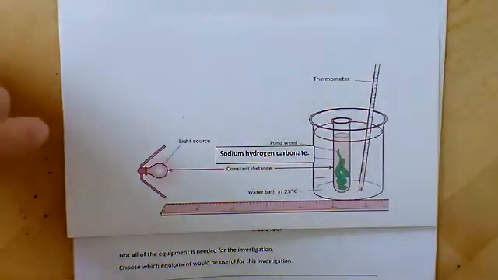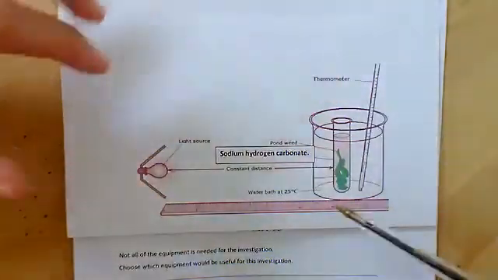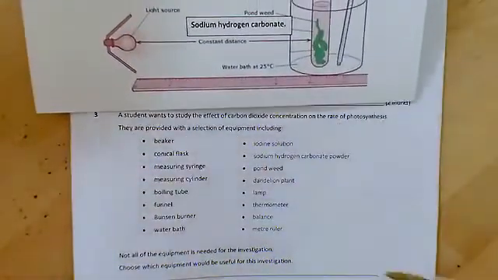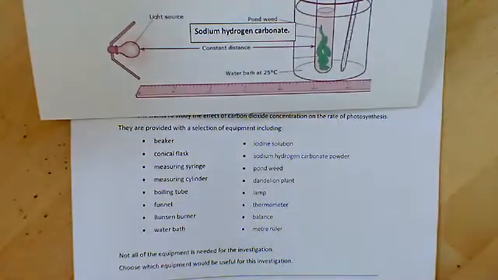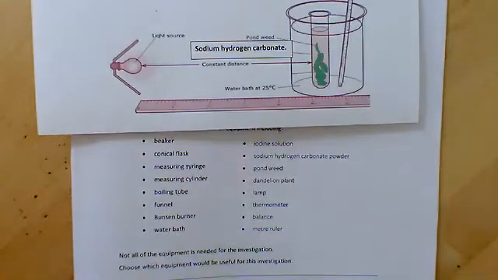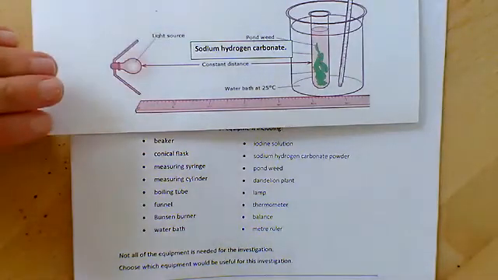So to answer this question, you've then got to think, right, what apparatus would I need to do that? This picture might give you a bit of a clue. There's a big list there, and you've got to pick out all the ones that would be useful. Now, there are 5 marks there, which suggests that you probably need to pick out 5 of them. That's what you're going to get the marks for. And then for the next question,